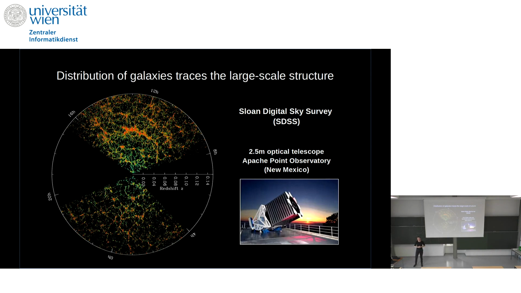This is what people have done. They have used the Apache Point Observatory and conducted a large survey, which is referred to as the Sloan Digital Sky Survey. What you see here from the center to the outside is what we call redshift. This is as you go further and further away from the Earth. The redshift tells you how much your wavelength is being stretched if you go to further redshift, as the universe has been expanding. So this is basically our distance or time measure often in cosmology.